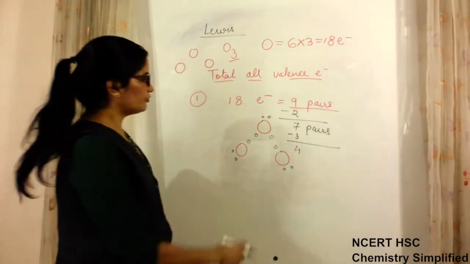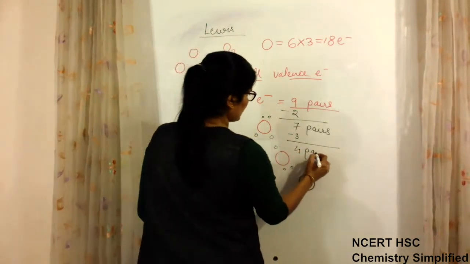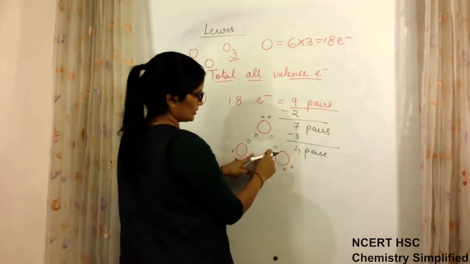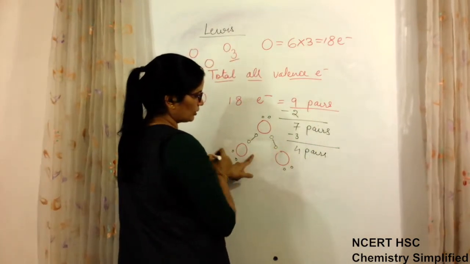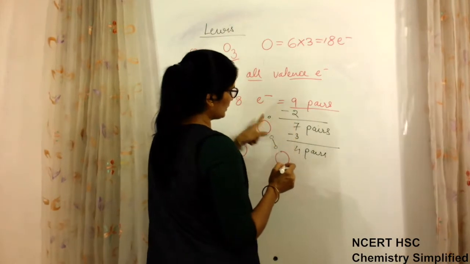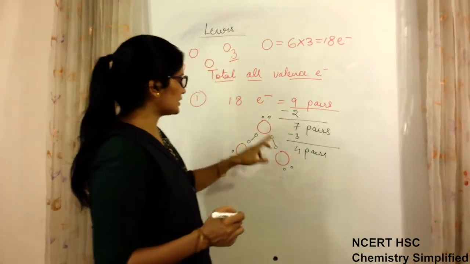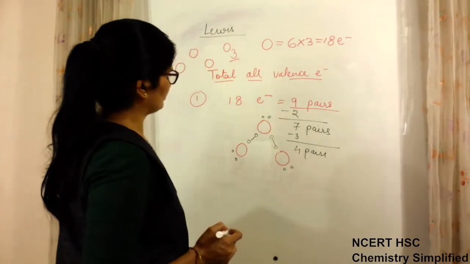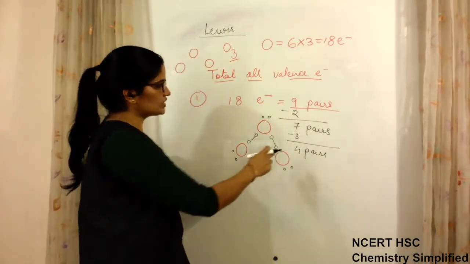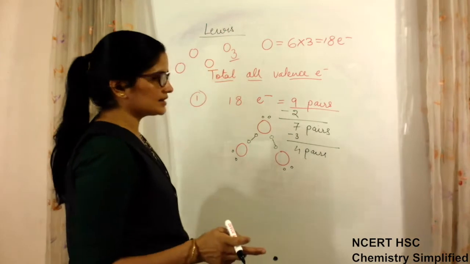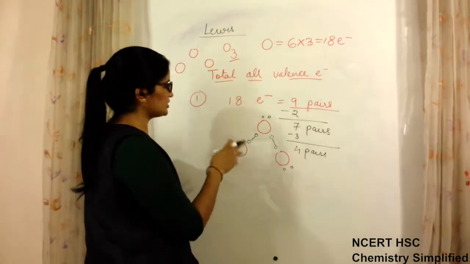Now we are left with 4 more pairs because 2 we have distributed here to make one single bond here. Now these 3, 1, 1 and 1 we have distributed to each. Still we are left with 4. Now these 4 pairs we have to distribute in such a manner that the octet of each atom should be